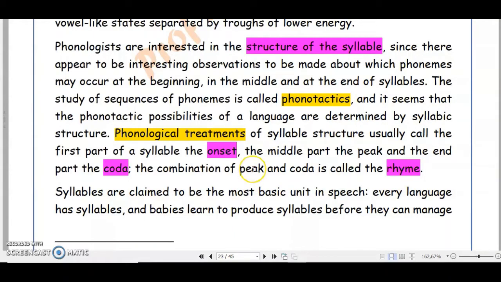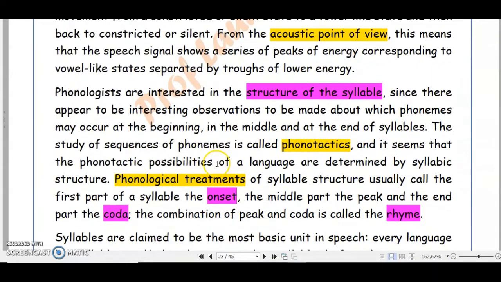phonological treatments of syllable structure usually call the first part of the syllable the onset, the middle part the peak, and the part at the end the coda. The combination of peak and coda is the rhyme. Okay, so let's go through that because I think maybe it's